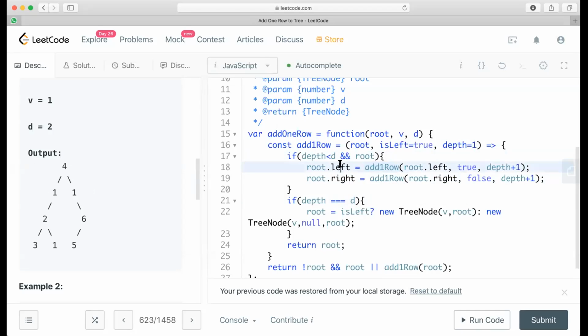I'll have to traverse left as well as right recursively because I have not yet done my actual work. My actual work is this part. And when they do the work, because they will return a new root, I'll have to grab those things and then give it back to my top.